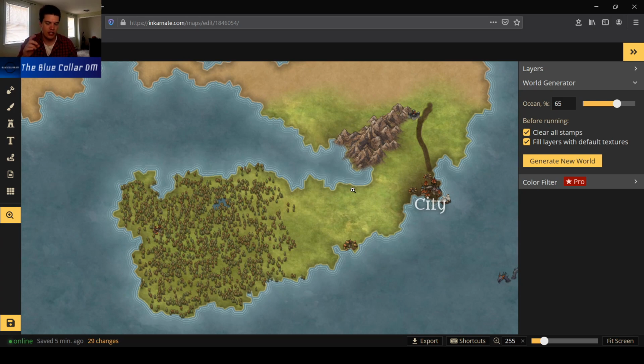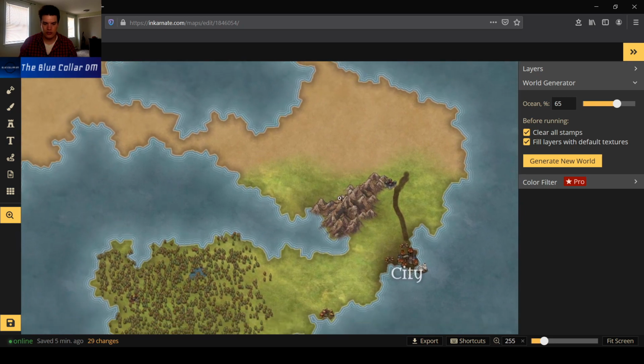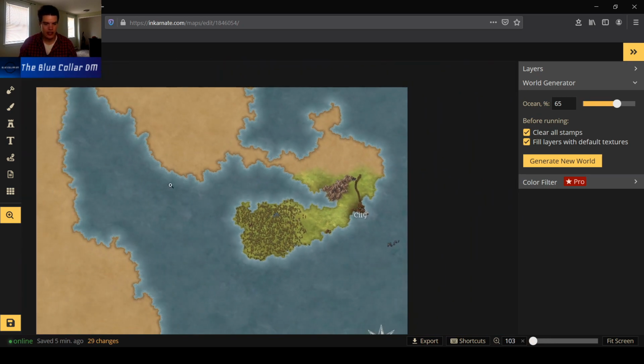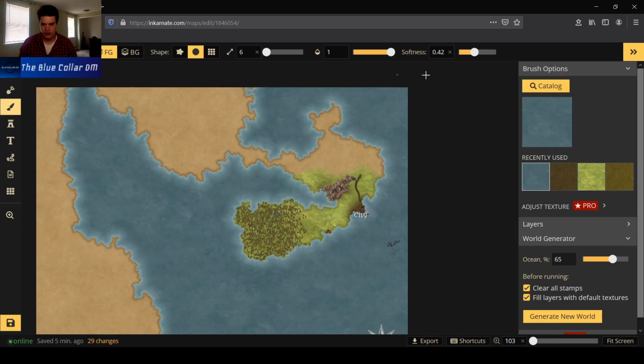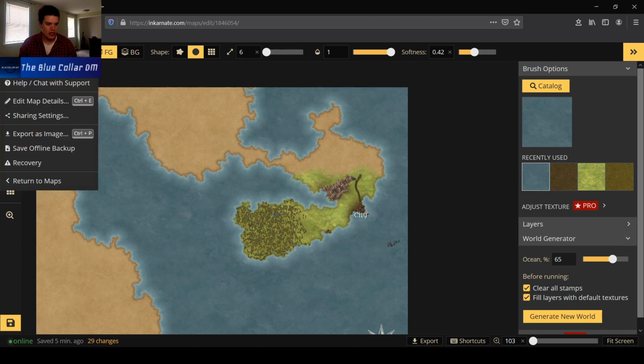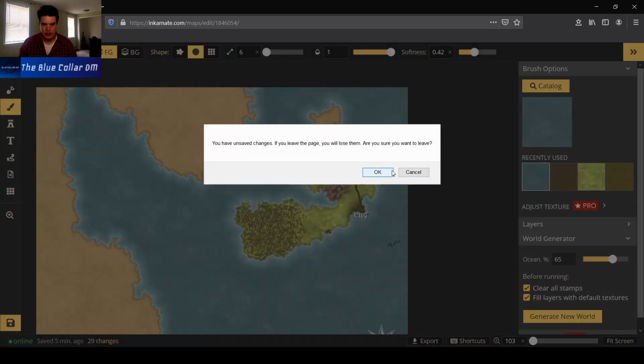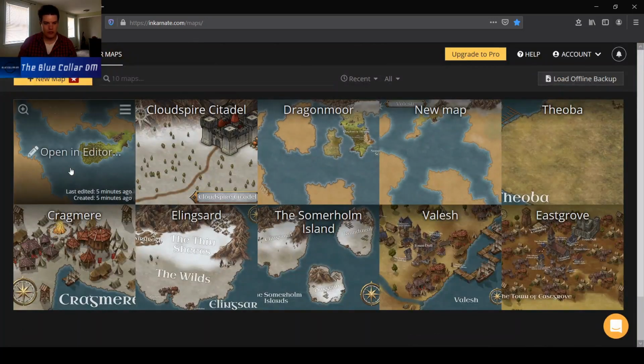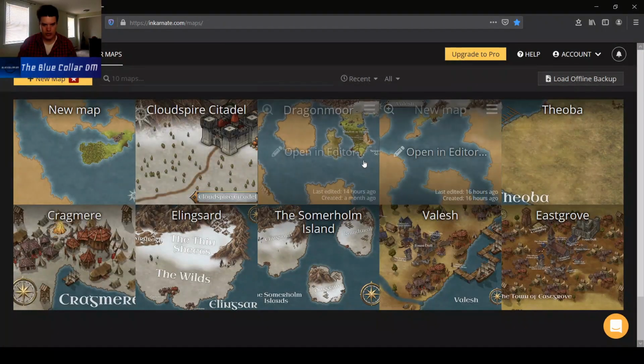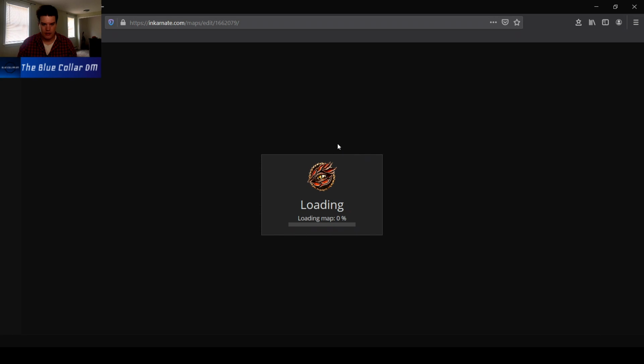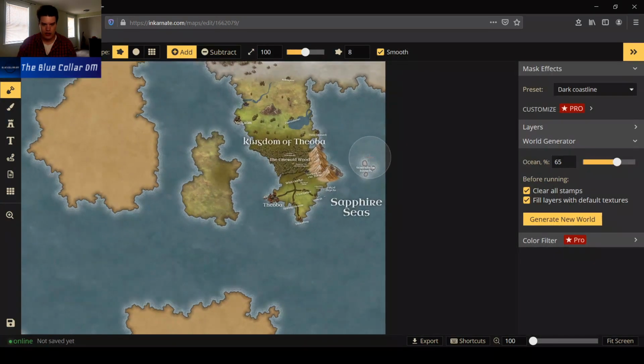I like to see where different land masses are and interpret why they do the things that they do. And then even, let's say that you decide to do something crazy, I'll even show you guys one of my maps. Yep, we'll save. In one of my maps, right here. This is my actual map that I use for my campaign. It's still being fleshed out a little bit, but you can see, we come in here,